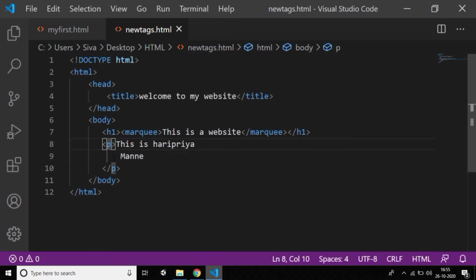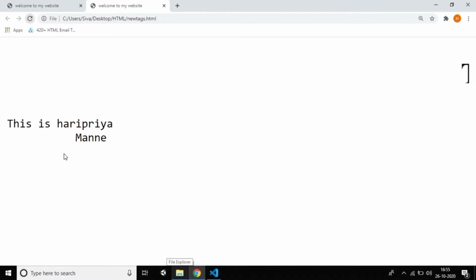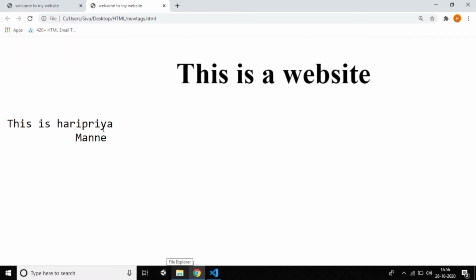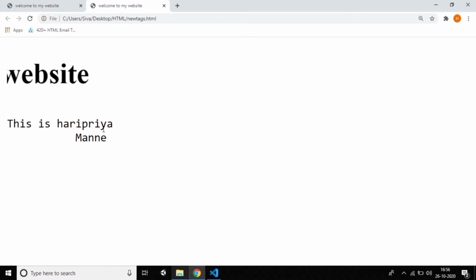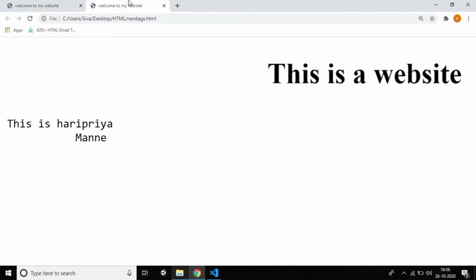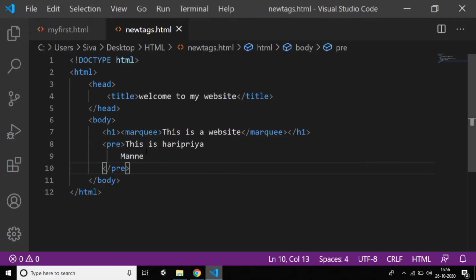So that's why we have a tag called the pre tag. Just make it pre and see, whatever you have written will be displayed the same way. And the font is also changed. I think the default font of the pre tag is monospace. So this is the way to use the pre tag. Now you can see the difference. If you want to write any poem, poetry, or quotations on the next line, the pre tag is very useful. So I'm writing on the next line.